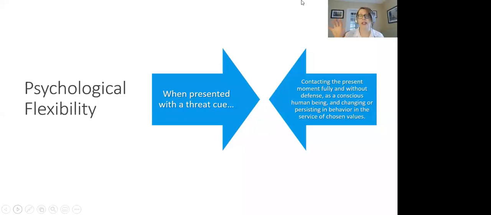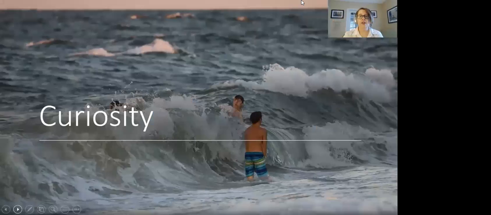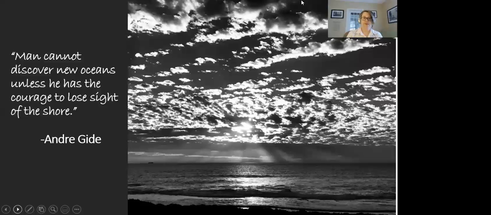So it's like having the TV on in the corner and it's on, but you're busy doing other things. You're not even really noticing it, okay? It doesn't have any stimulus control over your behavior. And that's where we're going. So the first step of that is curiosity, right? How do we shape that behavior? And I love this quote by Andre Gide: "Man cannot discover new oceans unless he has the courage to lose sight of the shore." And that is, in fact, what we're asking our clients to do when we're asking them to try out an exposure that they're sure will be awful.